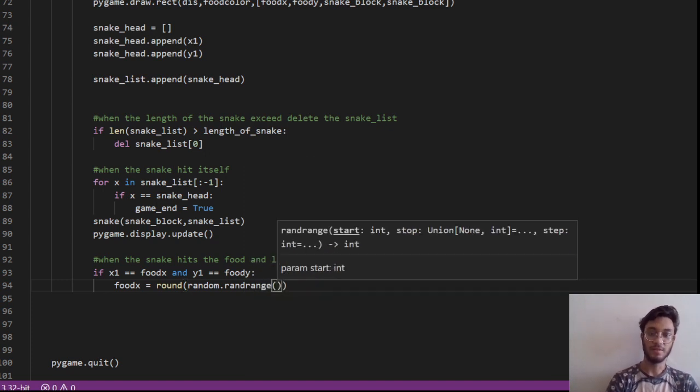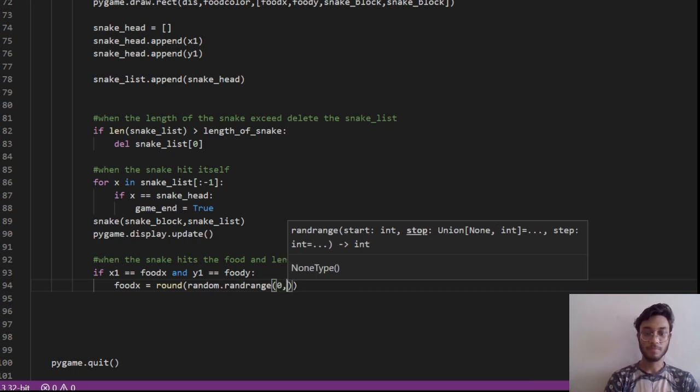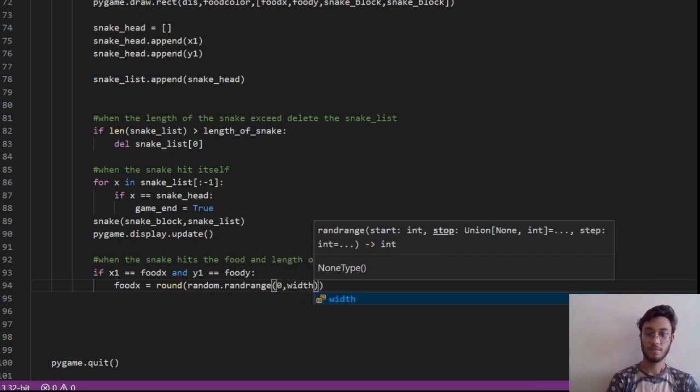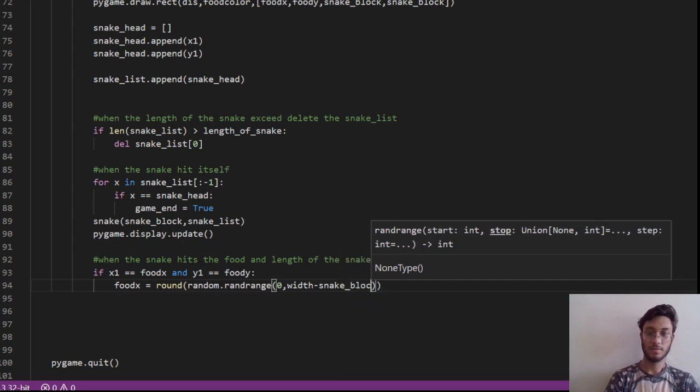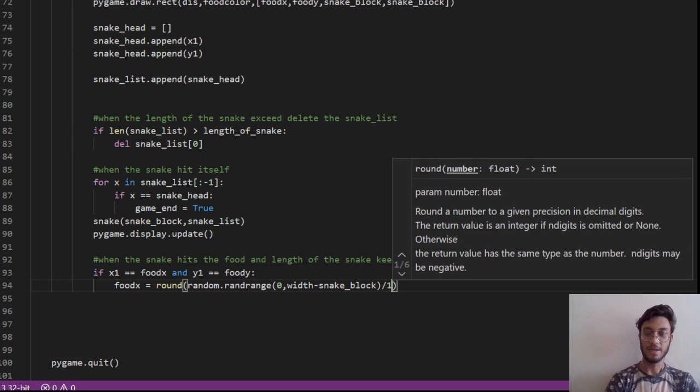Here we use 0 comma width minus snake block, divided by 10.